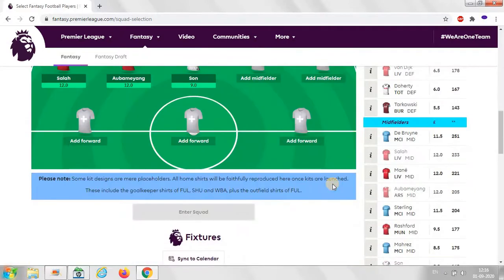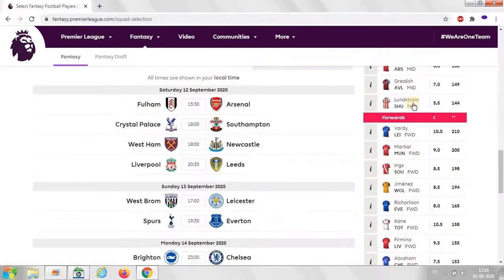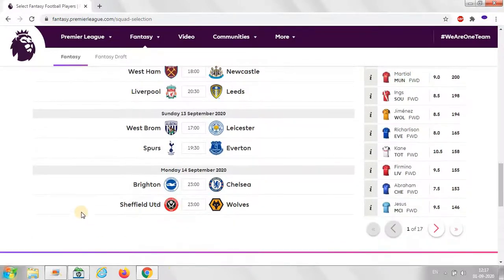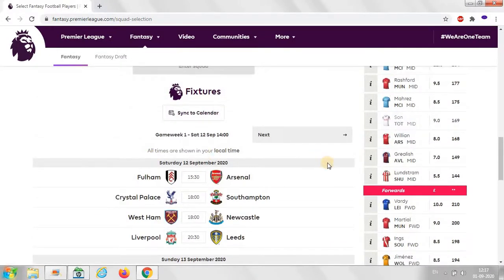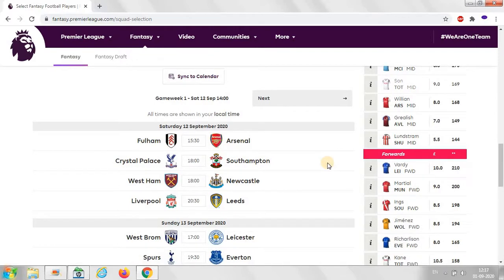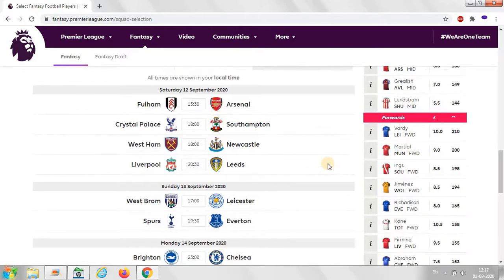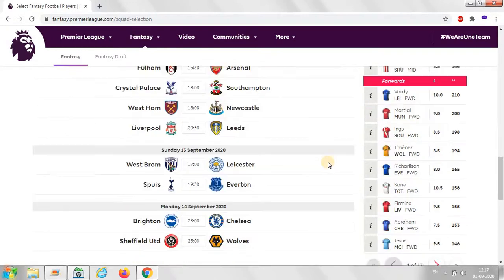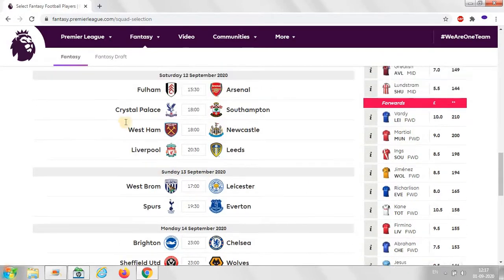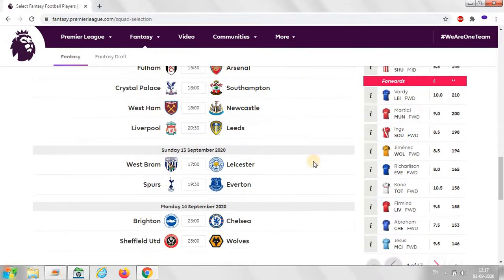So that's the reason, as you said, since the Manchester City and Manchester United players have a blank weekend, I'm not able to select them. And also Aston Villa players, as well as Burnley.